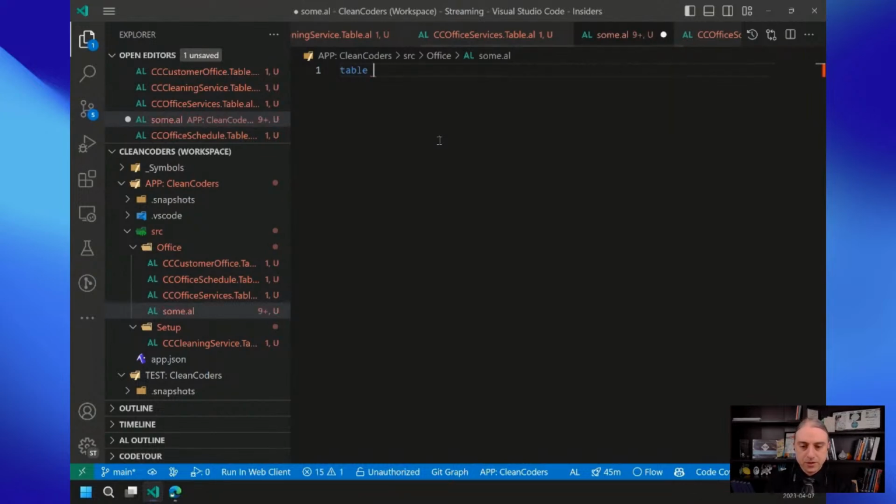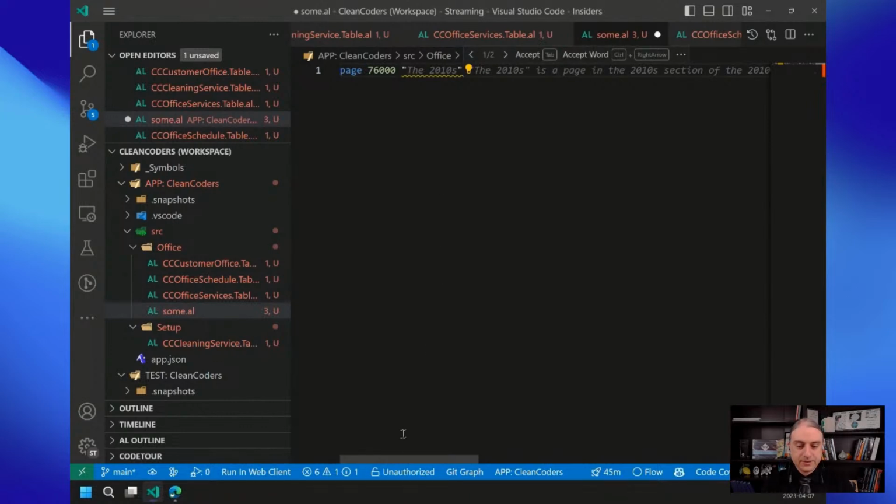So now we're doing a list page, and we'll grab our ID Ninja, and let's see, does it have any idea what kind of page I'm building right this second? It does not. That's exciting. Copilot going completely nutters here, suggesting that I would like a page around the 2010s, and potentially edit different years. I think this is learned off of Wikipedia or something silly such. No idea. Customer office